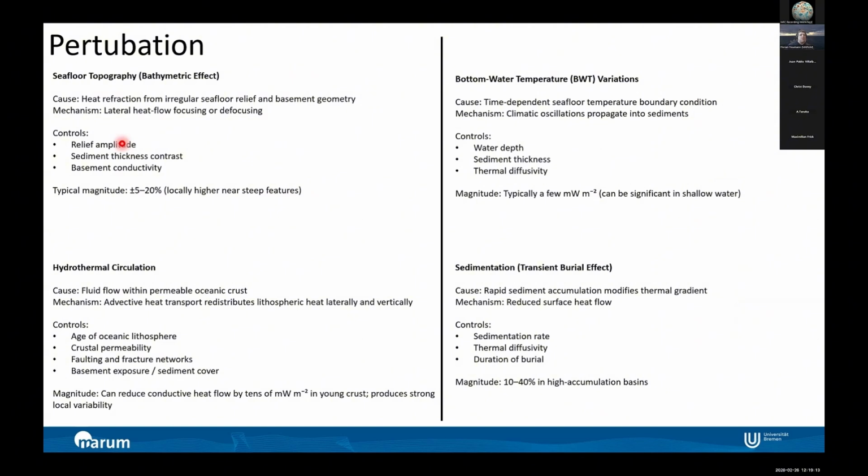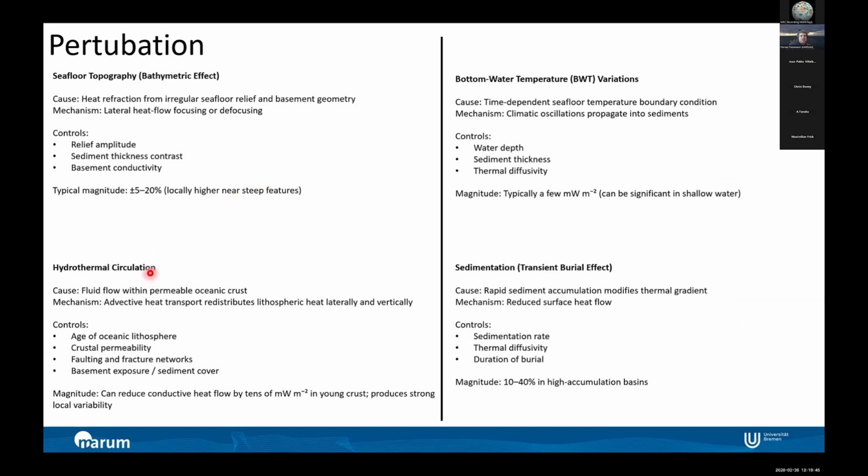It's important to talk about the perturbations in marine settings. In my opinion, there are four important ones. One is the bathymetry effect, so the amplitude of the basement, controlled by the relief, sediment thickness, contrast, or basement conductivity. It's usually for marine settings between 5 to 20%, depending on where you are. It can be steeper features,